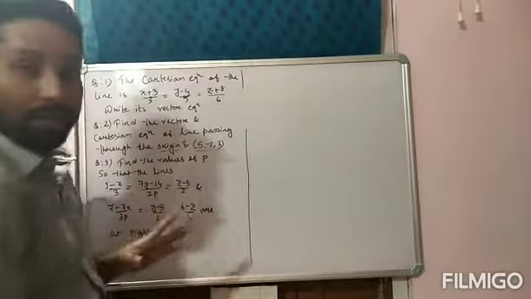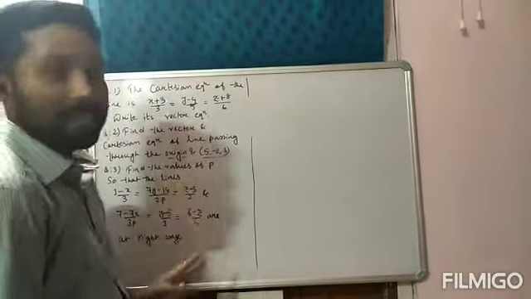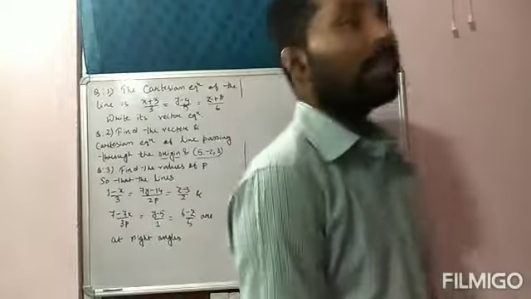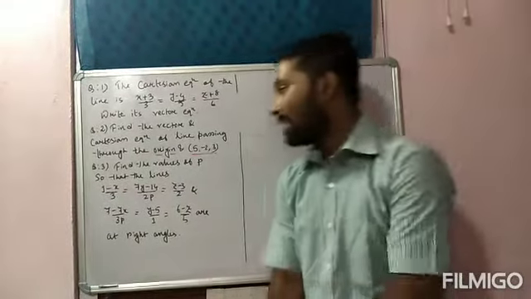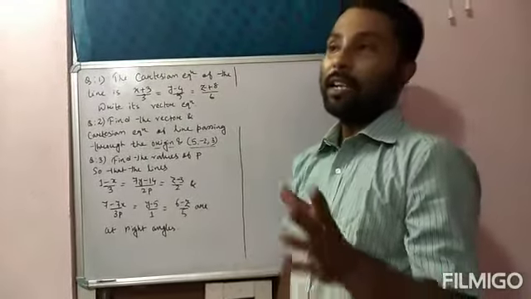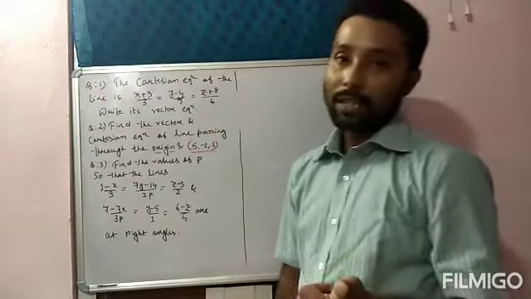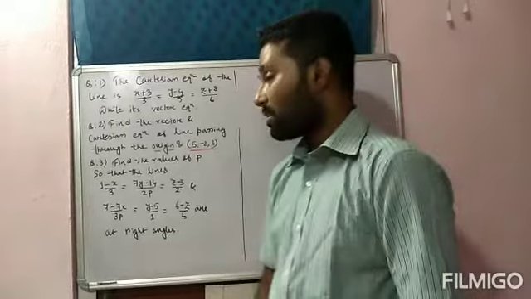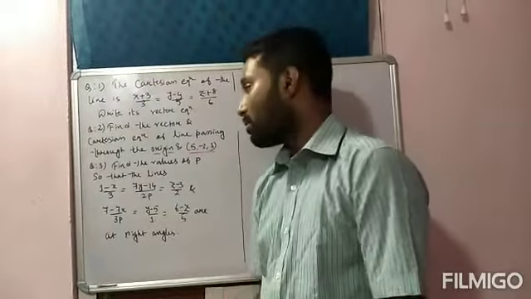So here the third question is an important question. Actually all questions are important. Why is the third one important? Because it uses a slightly different condition. I have already given all the conditions: the condition of perpendicularity, and if the two lines are parallel, then what are the conditions? So I have already given all these conditions. Now you have to apply those conditions.